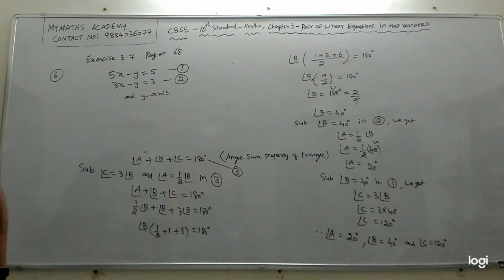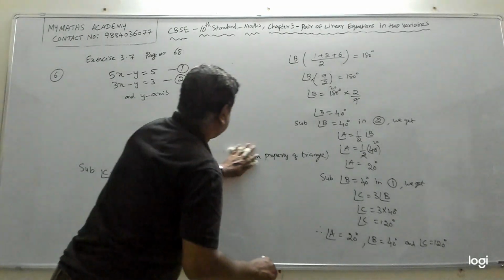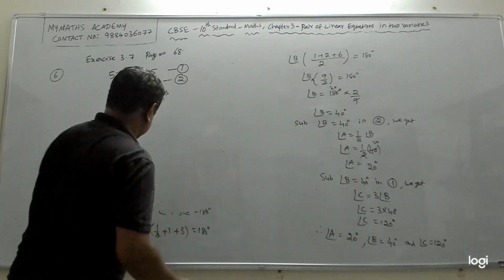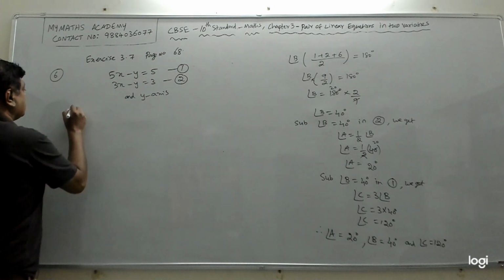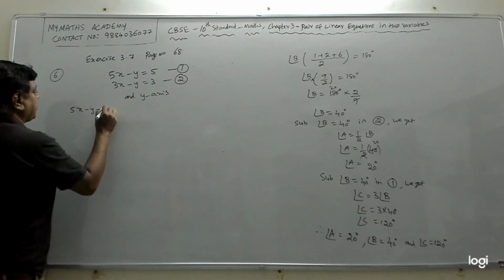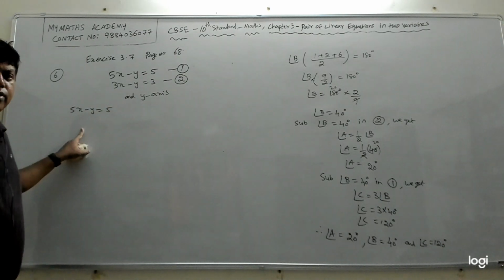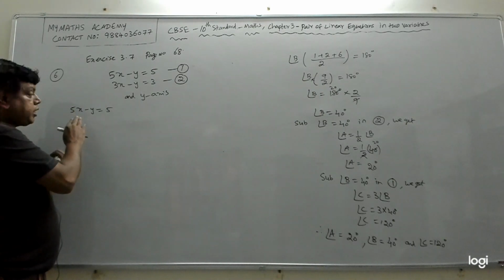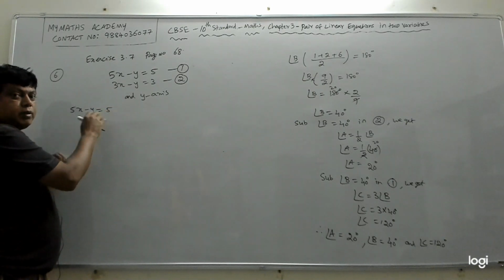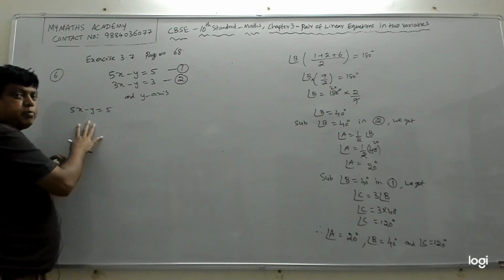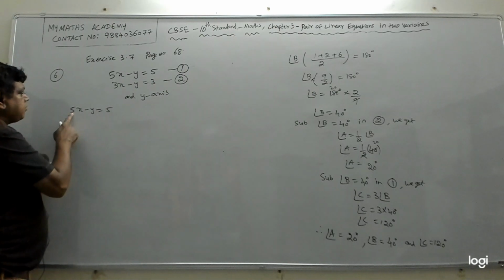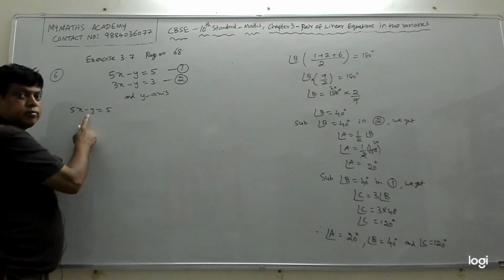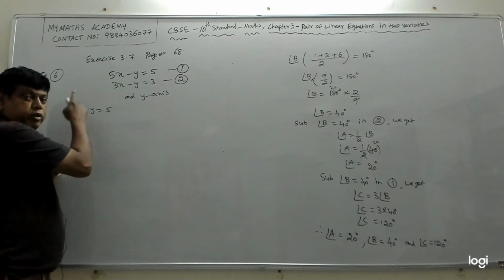So how do we draw the graph? Let's take the first equation. First equation is 5x minus y equal to 5. We need to draw the graph for this. For drawing the graph, we need to keep one variable this side and move the other variable to the other side. We will try to keep a variable which has 1 or minus 1 as the coefficient. The coefficient of x is 5. What is the coefficient of y? Minus 1. So we will keep y here and move the x to the other side.